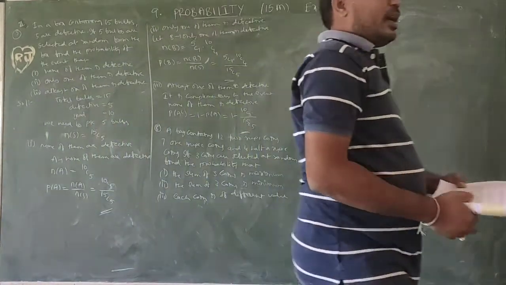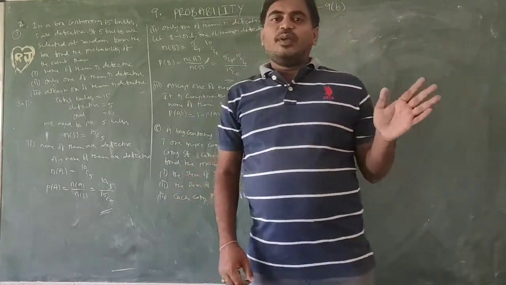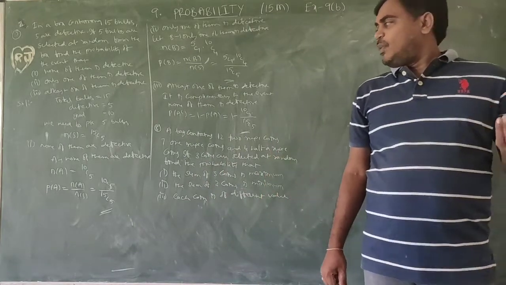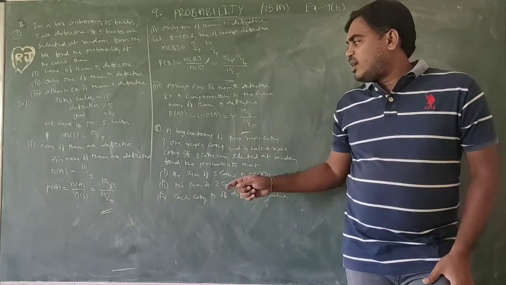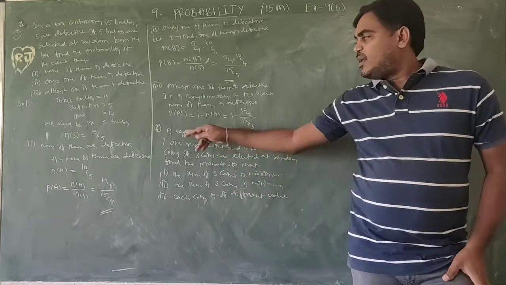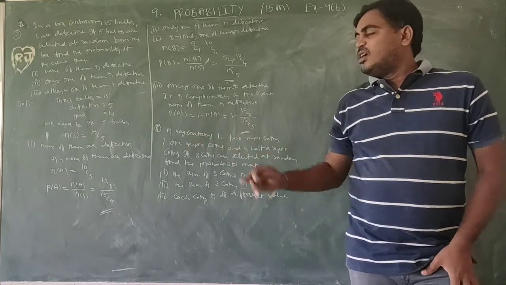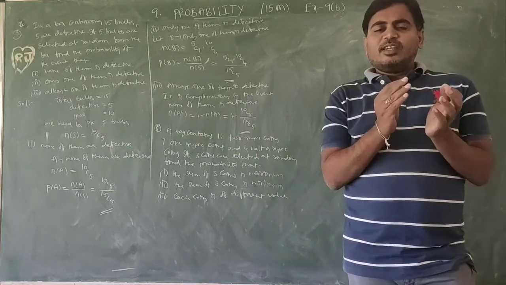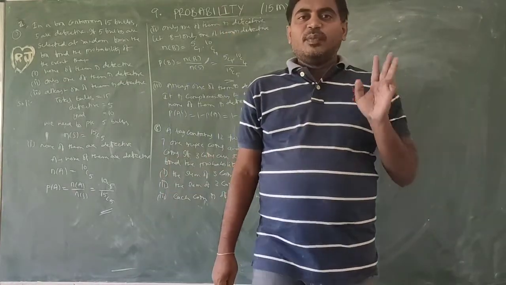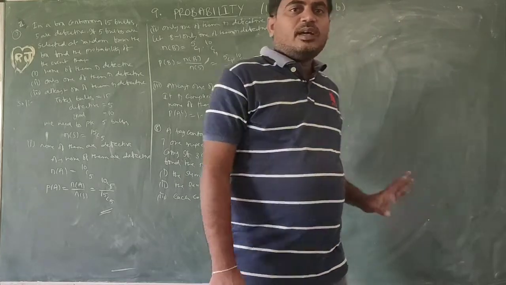Okay, so actually, some coins: 2 rupee coins, 1 rupee coin, half rupee coin. So 2 rupee coins are 12, half rupee coins are 4, 1 rupee coins are 7. Total coins 12 plus 7 plus 4, 4 plus 7, 11 plus 12, 23 coins. Out of these 23 coins, we need to pick 3 coins. So we need to find out the probabilities according to the conditions.